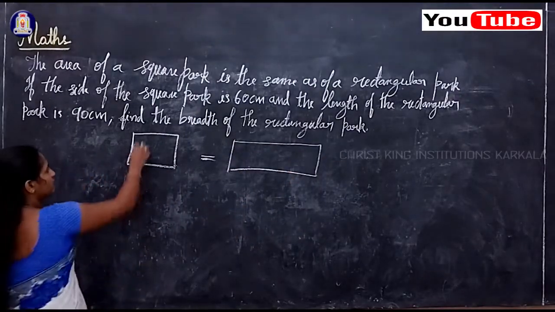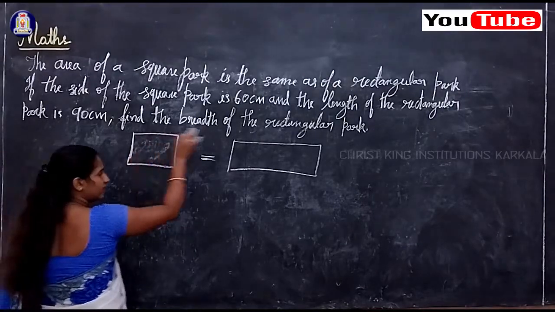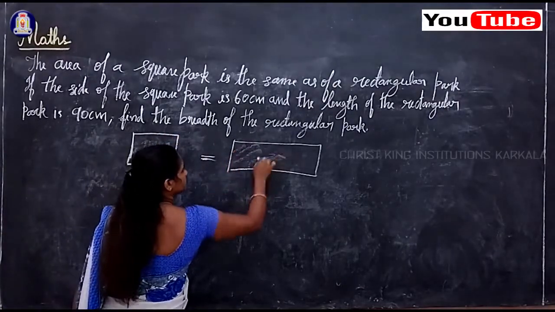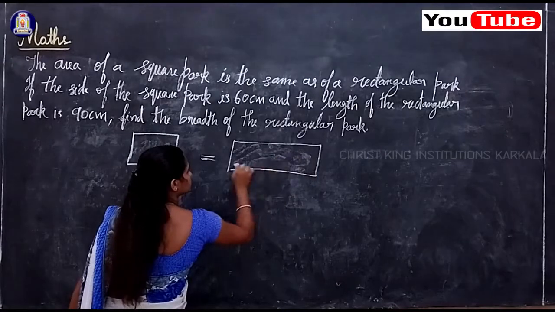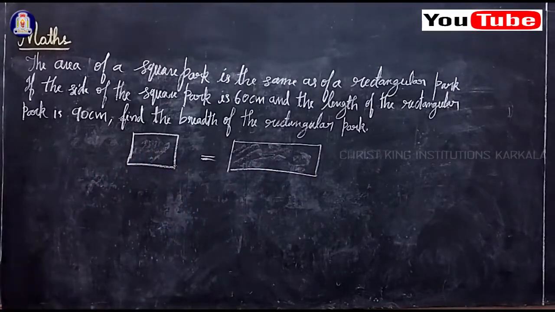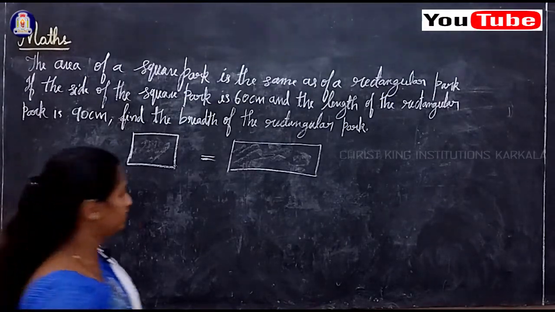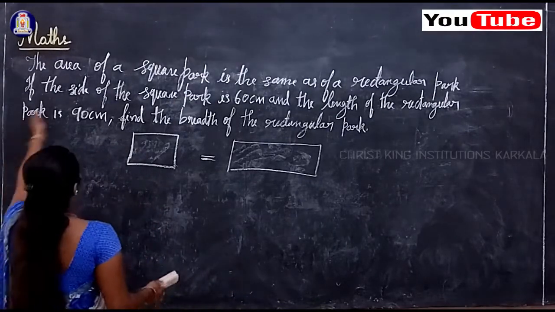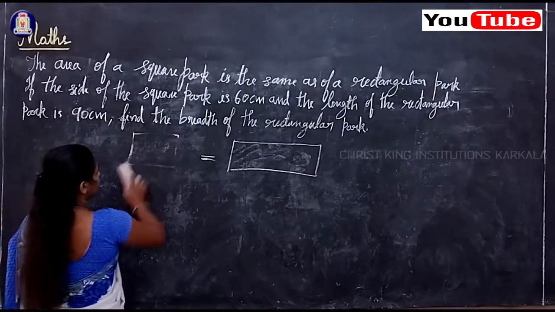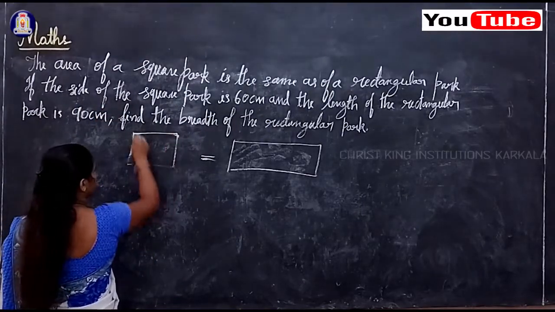Okay, so same, how much space is there inside the square, the same area of space is there in the rectangular shape of the park. Clear? So now we see what is given in the question. We'll see first. If the side of the square park is, okay, in this square,